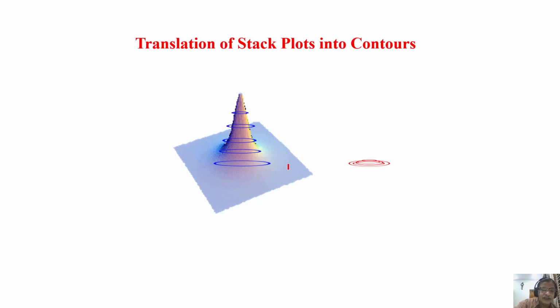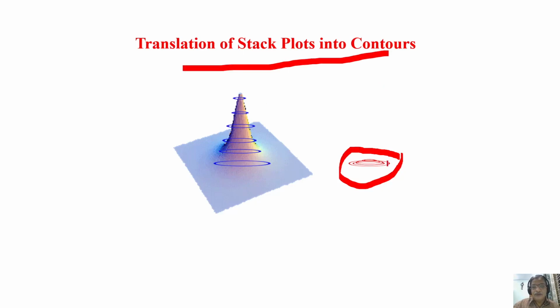You understand? Now I am going on a circular path here. When I go on a circular path, this is the area of a circular path here, here, and each time what you get is translated into the contour like this. This is how the stack plots have been converted or translated into contours. Now this representation is much easier, is it not, compared to this? This is very clumsy. One peak is fine. If you have 100 peaks or 1000 peaks, you cannot have it like this. It is very clumsy to see. That's why these stack plots are nowadays represented as contours. This is the way you undergo translation of that.